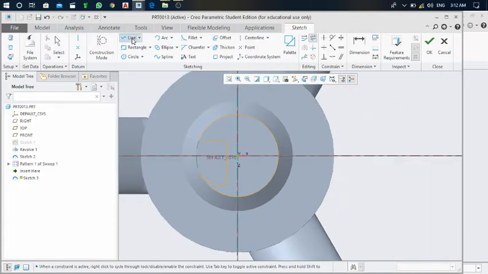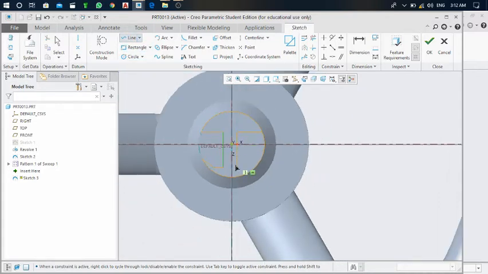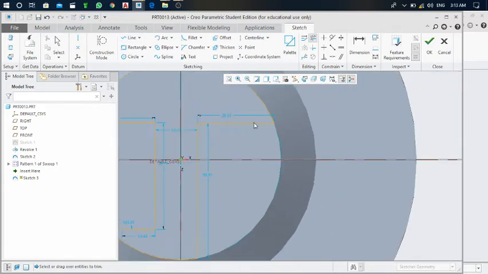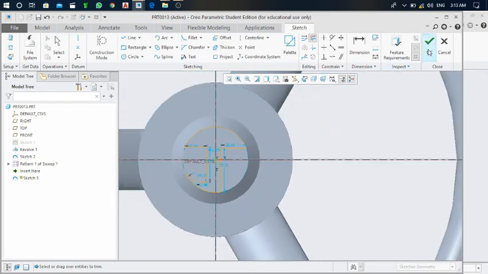Okay, after that take line again, draw this line from here to here. After that, click cursor away. After that, take the line again here and draw this line up to here. Okay, draw it the proper way like this. After that, delete segment, trim unwanted part. So here you can get a closed drawing, so you can click on OK.